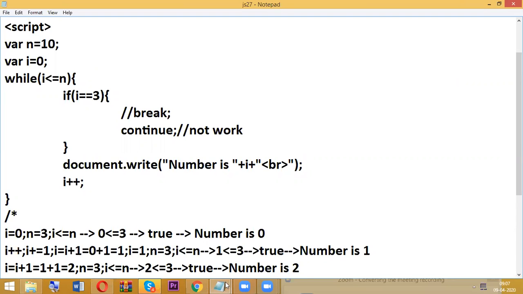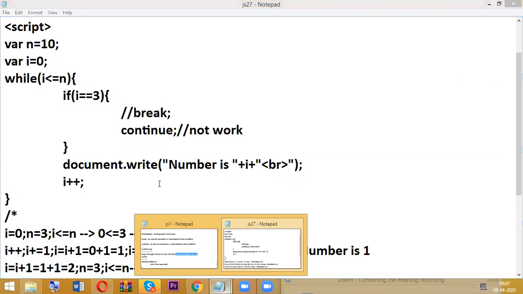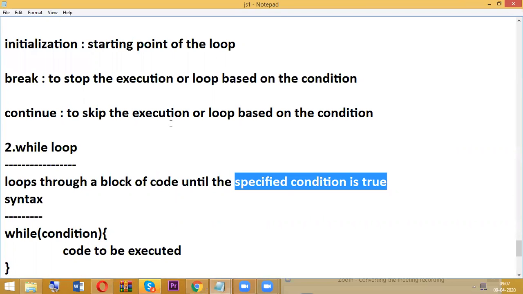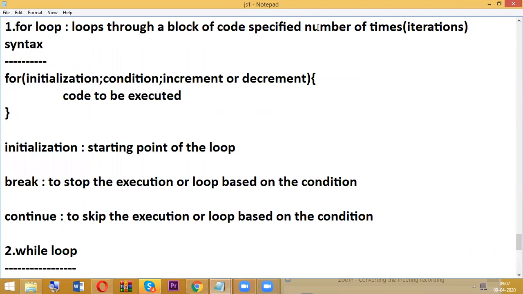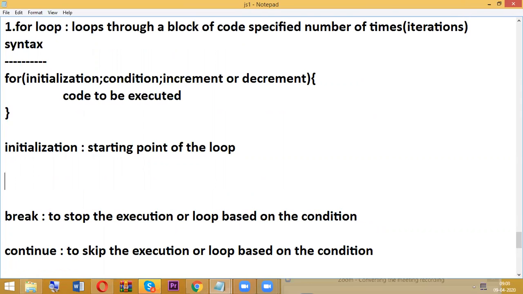So now we are going to know the differences between for loop and while loop. In case of for loop, it is clearly mentioned that for iterations you need to mention the starting point and ending point, both. To work with for loop, you need to know where to start and where to end.